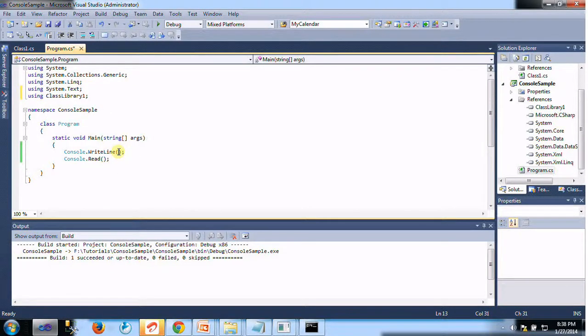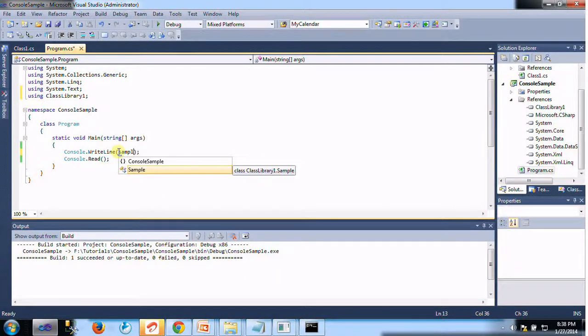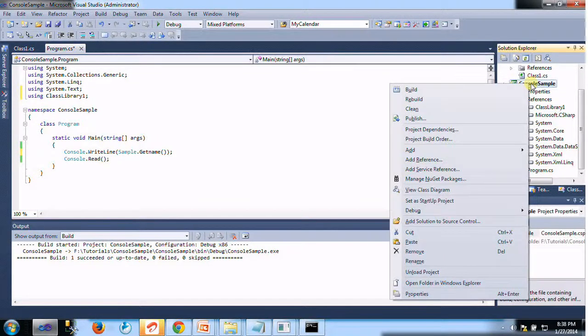I want to call the static method in the class library, whose class name is Sample: Sample.GetName. It will return a message from the class library, and this console application depends upon the class library.